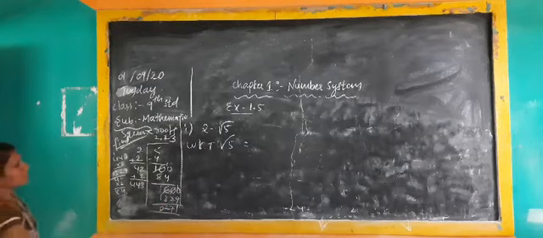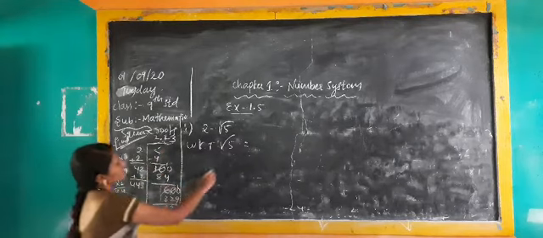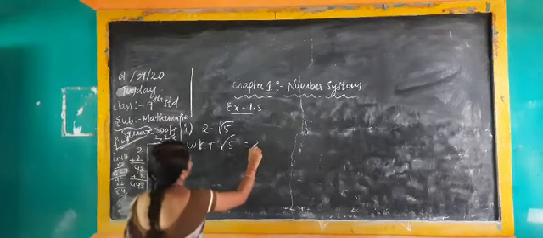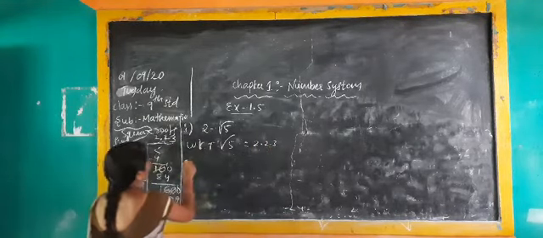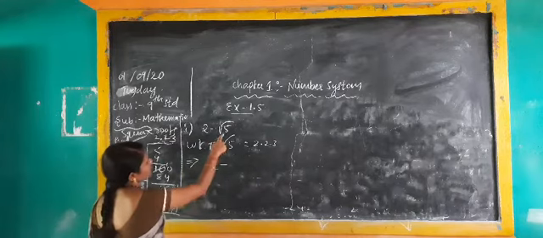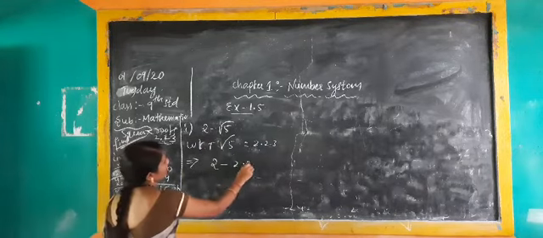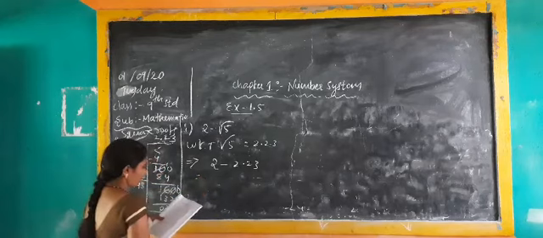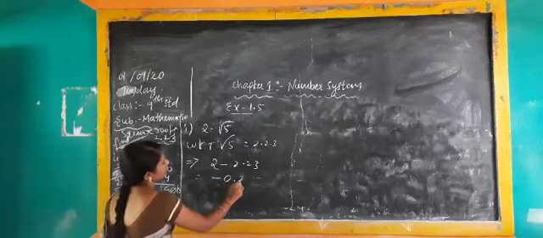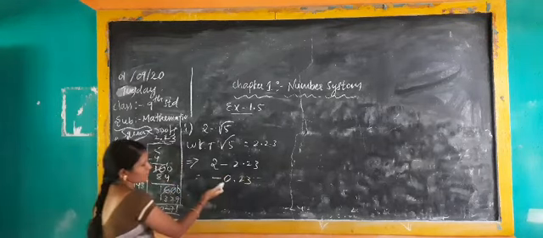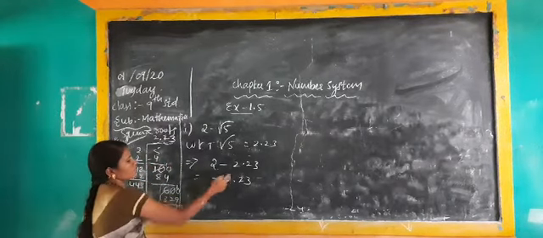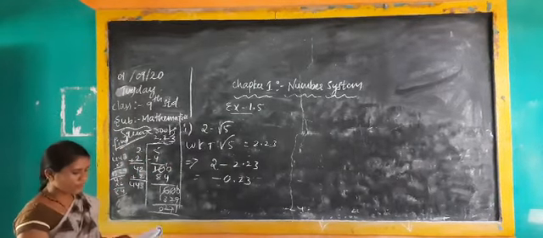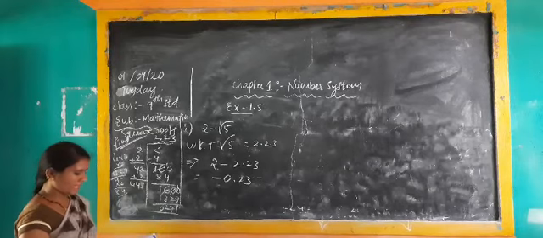Limit this up to 2 digits. Here, what is the value of root 5? 2.23. Now, 2 minus, instead of root 5 I will take 2.23. What value will you get? Minus 0.23, since 2 is bigger than root 5, bigger number minus smaller number would be negative, so you will get 0.23 as the answer.